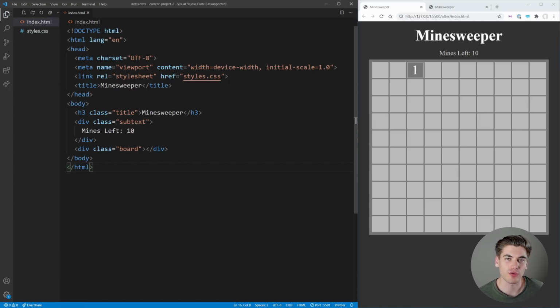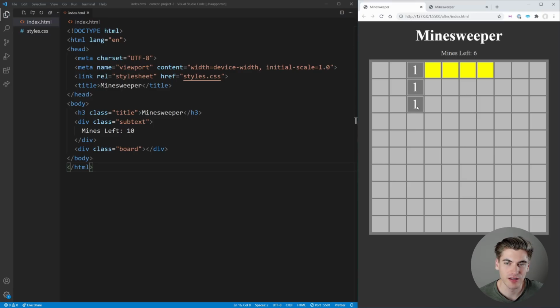Also, I want to go over the rules of Minesweeper so that you're familiar with them. Whenever we mark a tile, this mines left number is going to decrement, and it's okay if this number goes negative. As you can see, if I mark more than 10, it's going to go negative. That is perfectly okay. And if you mark a tile, you can't click on it with left click. So to mark a tile, you right click on it, and to open up a tile and reveal it, you